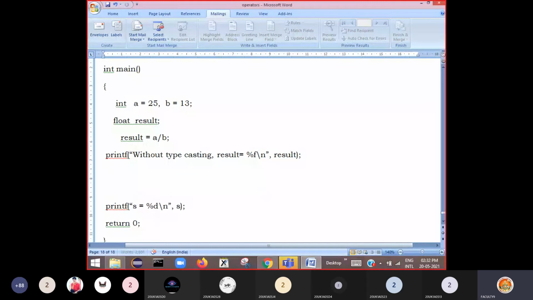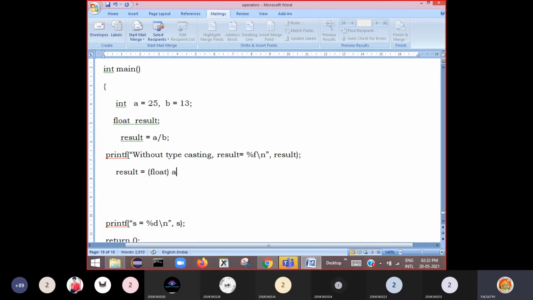Now what we do is typecasting, explicit type conversion, and we'll see the result. We'll try to find out if we get any difference. Now I try to convert this a into float type. How can I convert a into float type?